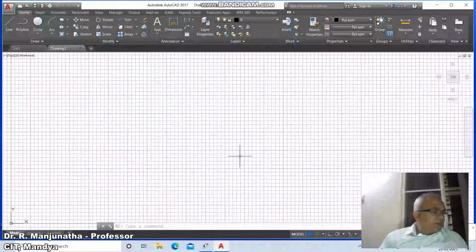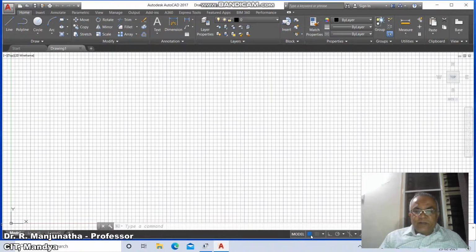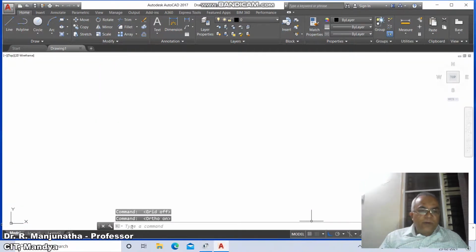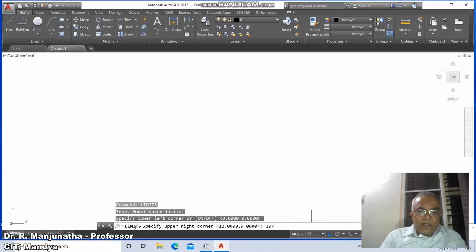Luminous problem using AutoCAD software. First, we'll go to AutoCAD screen and switch off the grid mode and switch on the ortho mode. Then go to limits, type limits, then specify lower left corner, enter upper right corner 297, 210 and say zoom